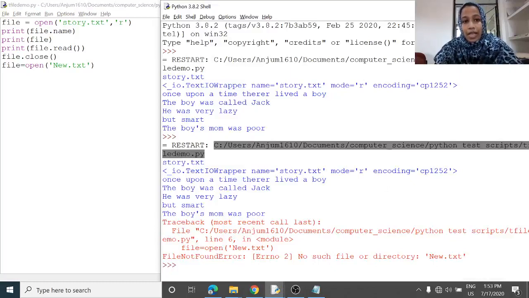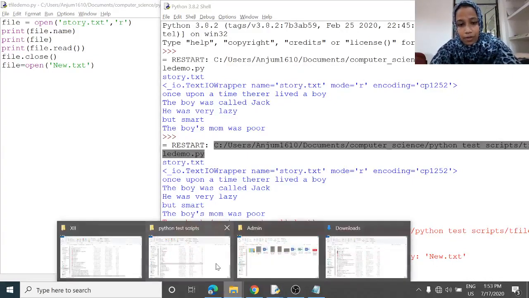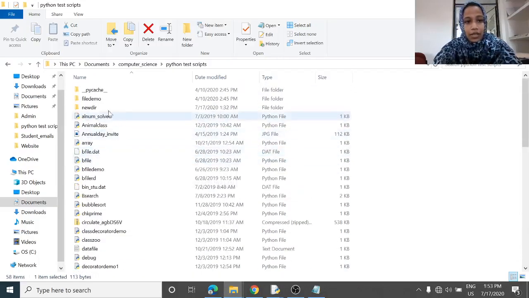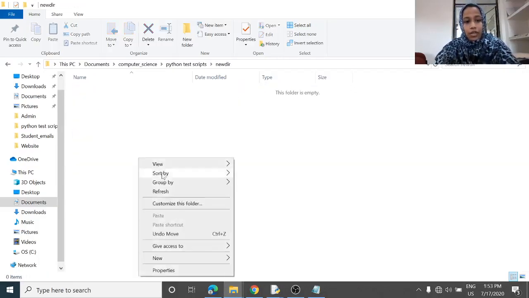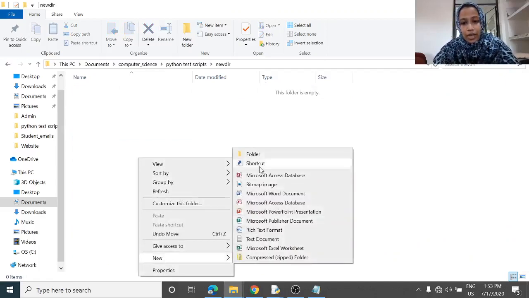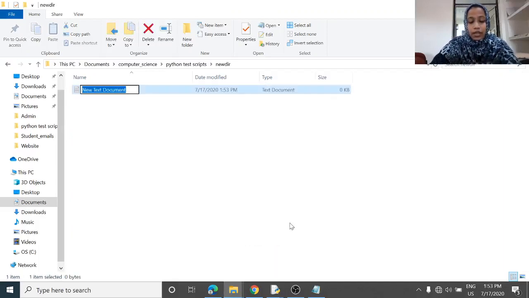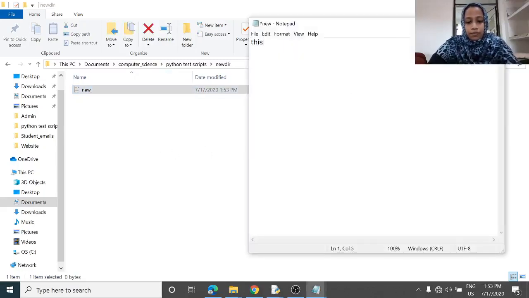For example, say I have a new.txt in another subfolder of py. Here I have Python text scripts. I have a folder new dir, and I create a text file new.txt here.